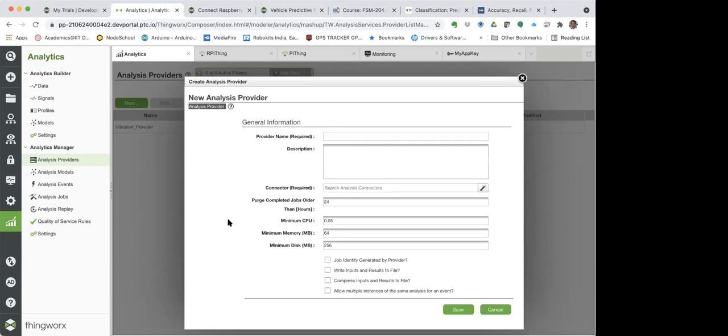So this is the analytics provider. Now, this may not necessarily be the analytics model that you build right now. It could be anything. So now here you can see that the analytics manager is giving you flexibility to decide the analytics provider. And this is something that is important over here. So let me just name it vibration S1 provider. What I'm doing is creating another version which is based on the S1 only.